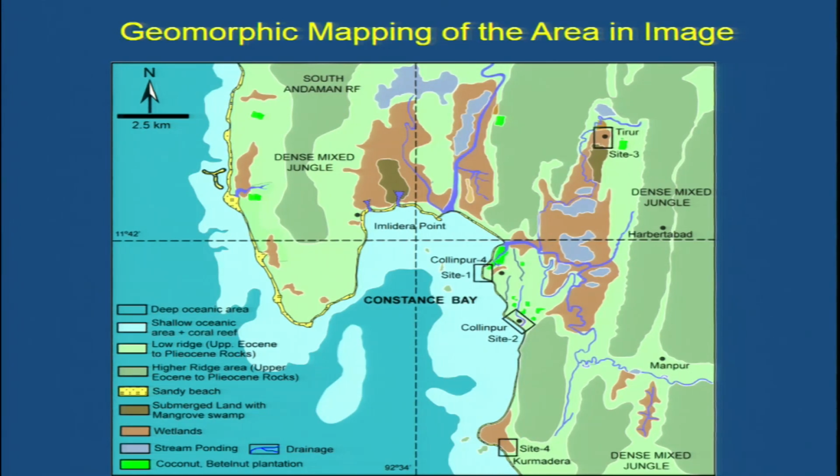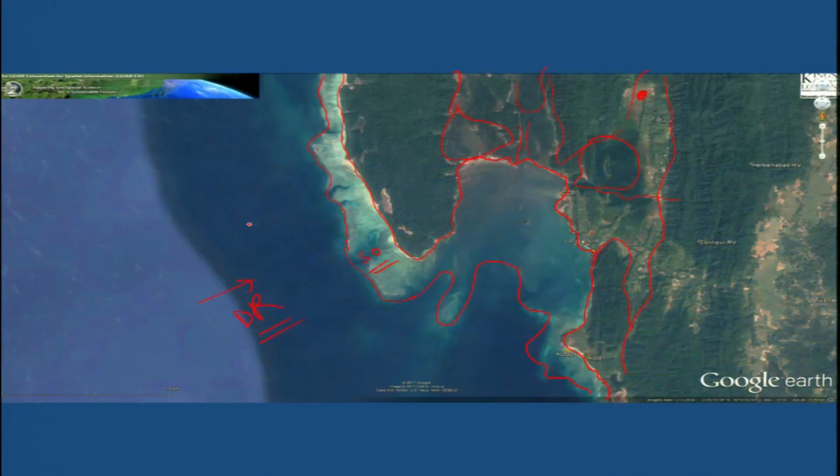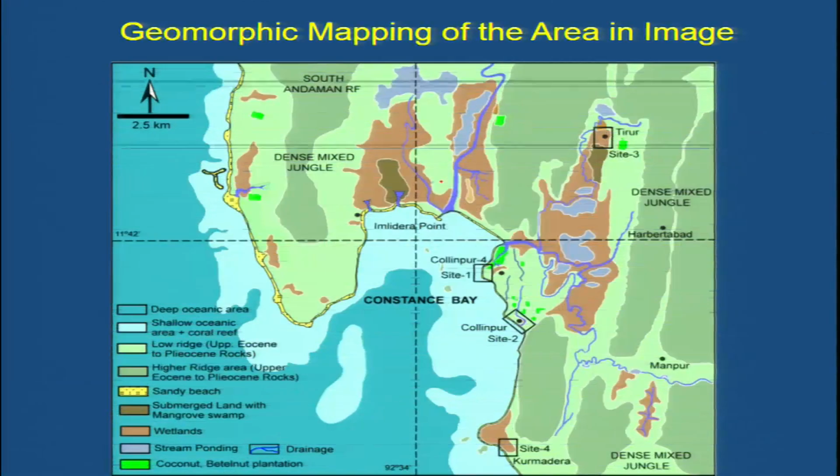As on the previous slide I explained, there is another thing which I missed on the slide, that is a narrow strip of beach. Okay, a beach must be following the shoreline. So there is a very narrow strip of beach along this island which is following the shoreline, so that we can also demarcate.